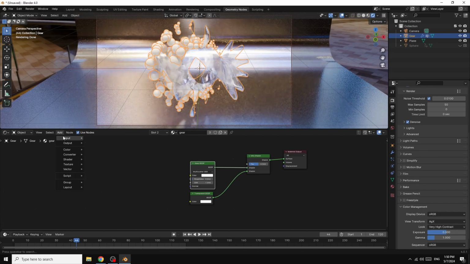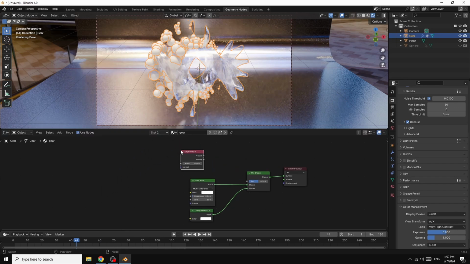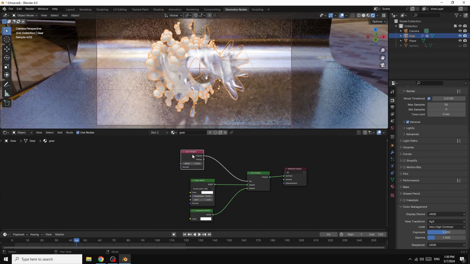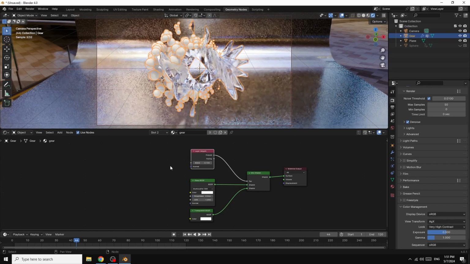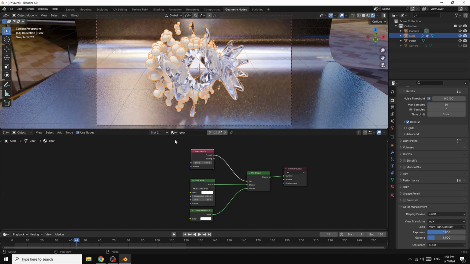I go here and add. In input, we select this layer weight. I connect Fresnel like this. I give it just 0.1. Okay, now